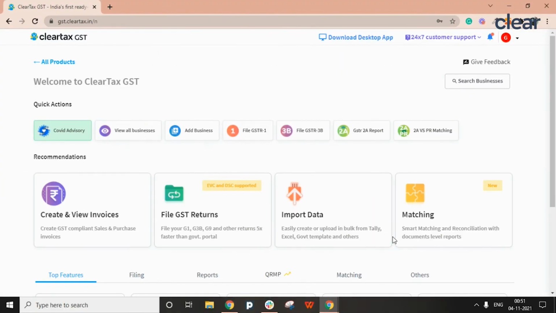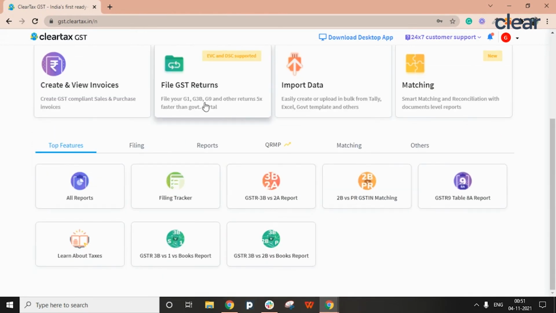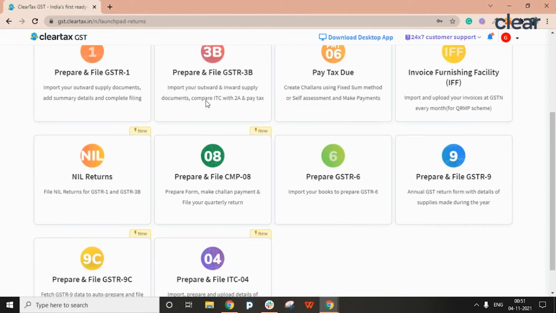Now let's proceed to check out how to file a nil GSTR3B on Clear GST software. On the home page of Clear GST software, click on File GST Returns tile. Thereafter, you have to click on Nil Returns tile.